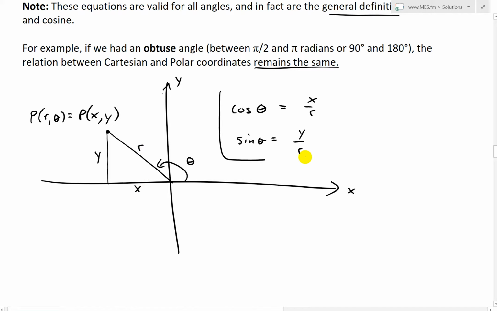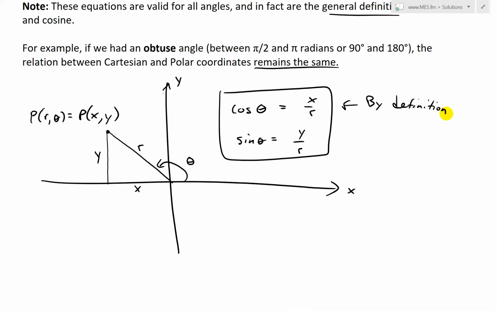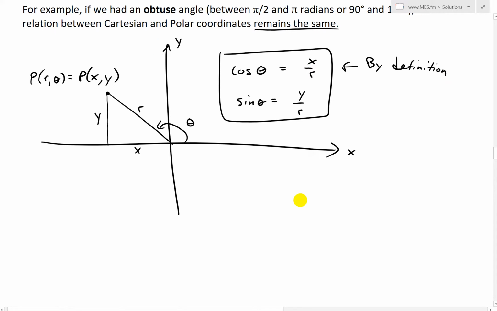This is actually by definition. And then if you move that around, x is going to be r cosine theta. So nonetheless, you'll still have x equals r cosine theta,